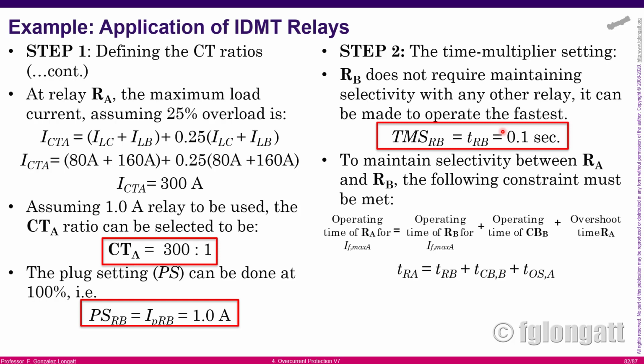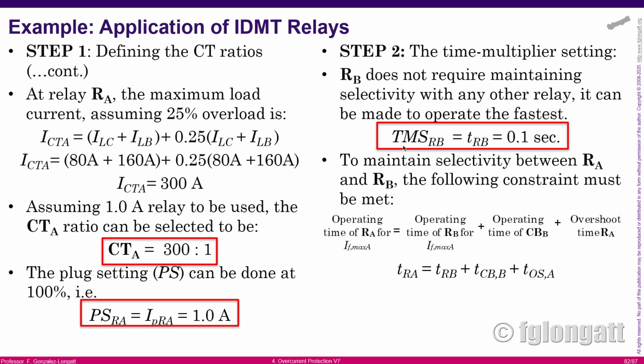But where the situation starts to be quite interesting is regarding relay A. Relay A is providing primary protection for the line A and B, but is also providing backup protection of relay B. For that reason, we need to take into account that the time setting for relay A must be defined considering